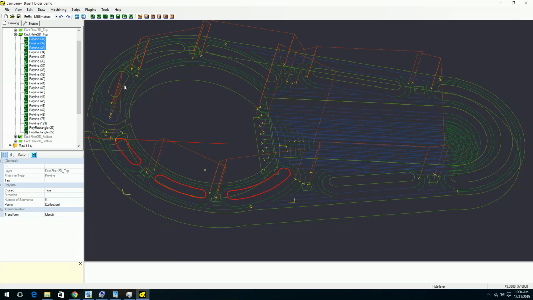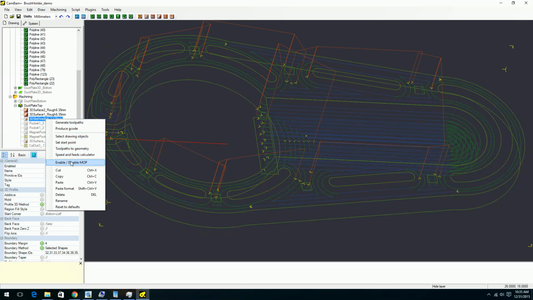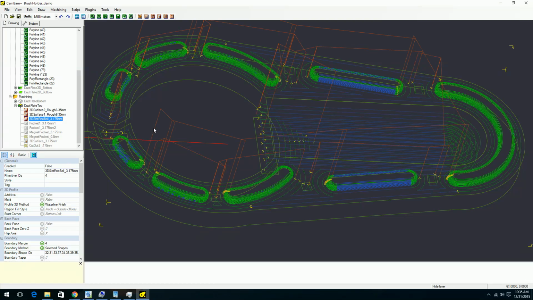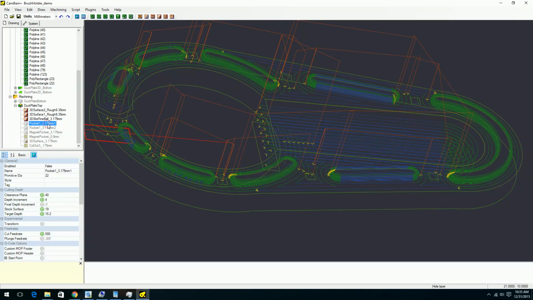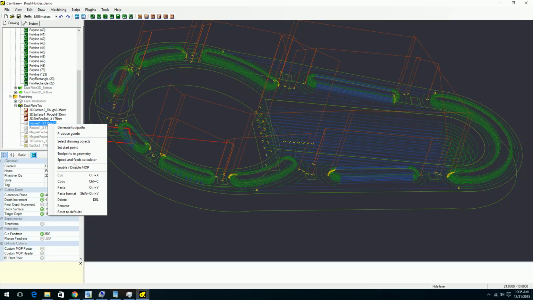So these are the ones that were selected for that operation. I use this mask to specifically select where I want to machine so that I don't have to waste time actually waiting for my bit to machine everything of the part. I only want to machine these parts with this fine grade. So that's why the